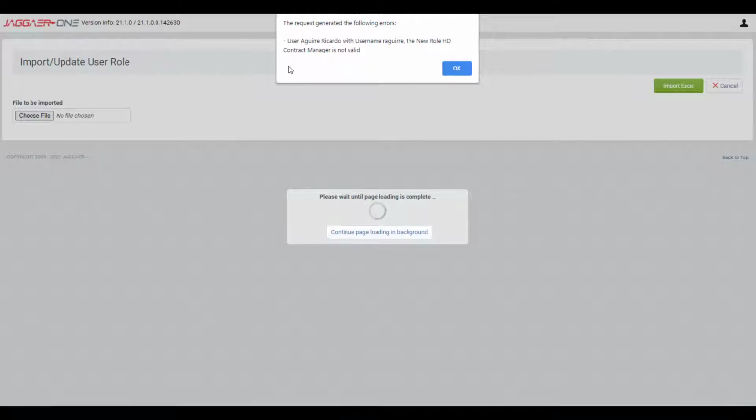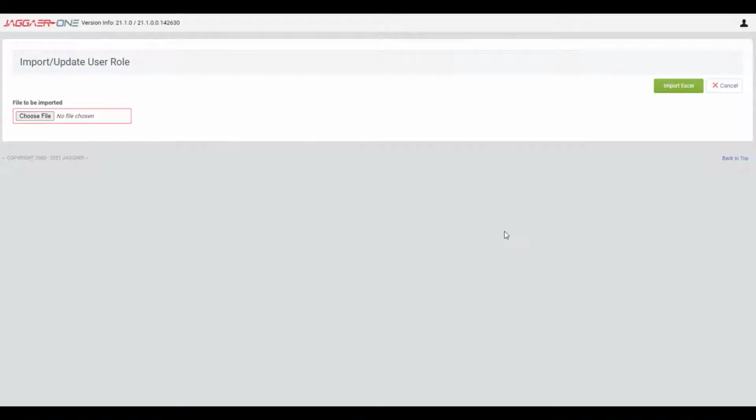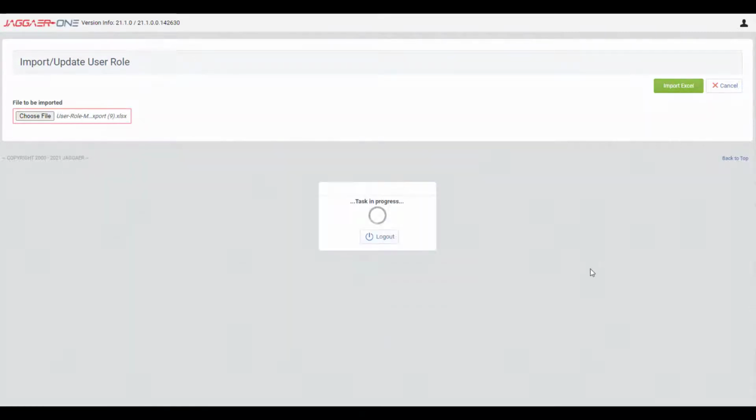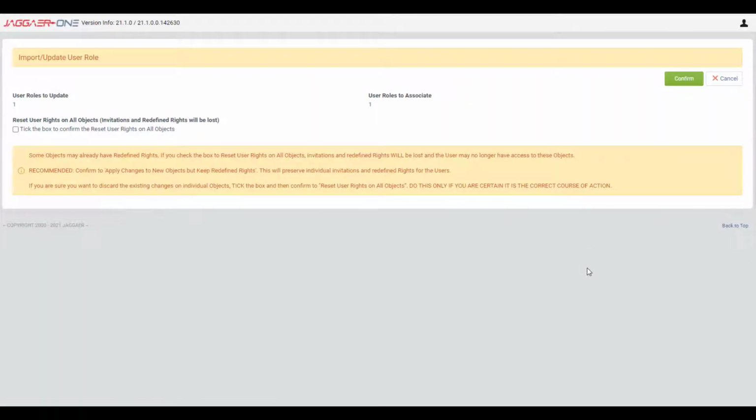So we'll do this and come back and see what it looks like when everything works correctly. So offline, I have made changes to my Excel spreadsheet so that we can see what it looks like when it does work properly. I'm going to again choose my file and import. So now we see that this has been successful as we did not get any errors, and it tells us